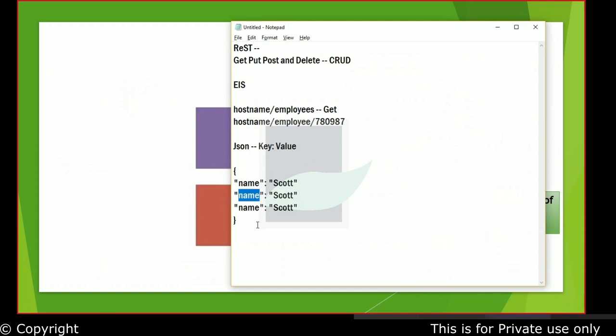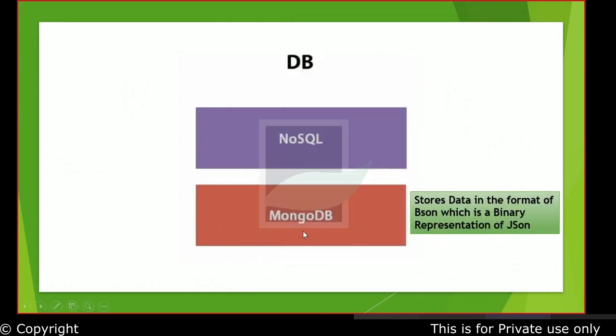If it is an employee object, there is the name of the employee, the ID of the employee, whatever the ID is, his phone number, and so on. If I want to represent an employee object in terms of JSON, I would be using key value pairs. It's a key and it's a value. So essentially, that's JSON. MongoDB stores the data in terms of BSON, essentially a binary format of JSON. That's how it stores the data.